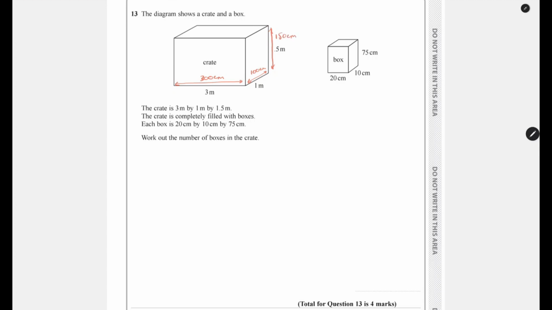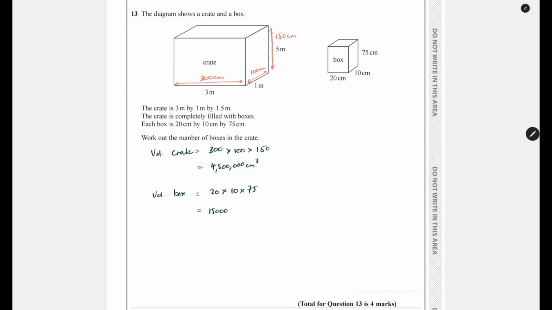The next thing that we can do is work out the volume of each box and the volume of the crate. So the volume of the crate is going to be 300 multiplied by 100 multiplied by 150, and that is equal to 4.5 million, or 4,500,000 centimeters cubed. The volume of a box is going to be 20 multiplied by 10 multiplied by 75, and that is equal to